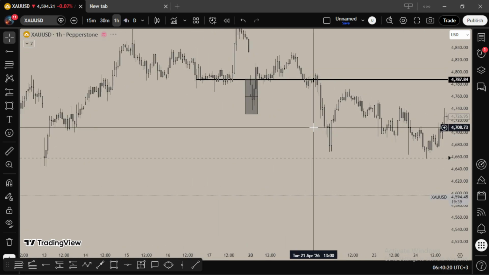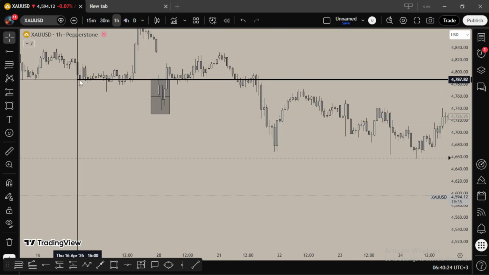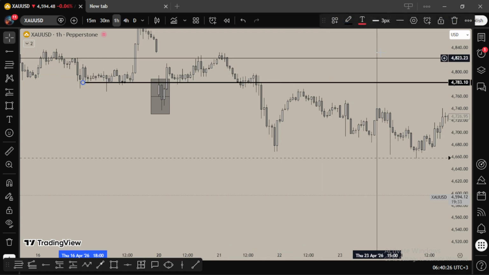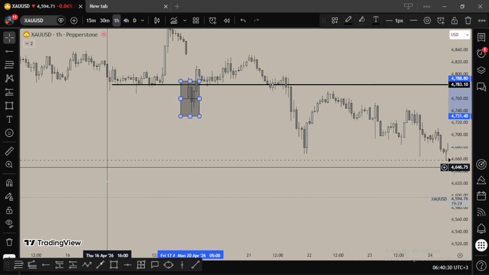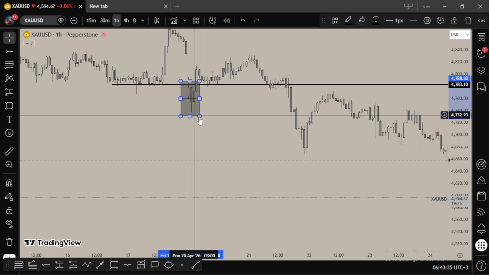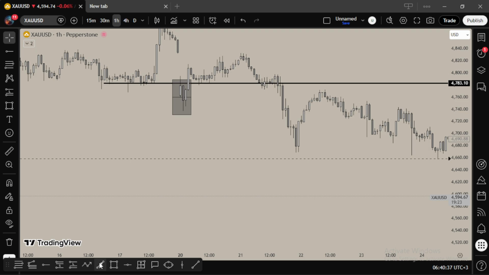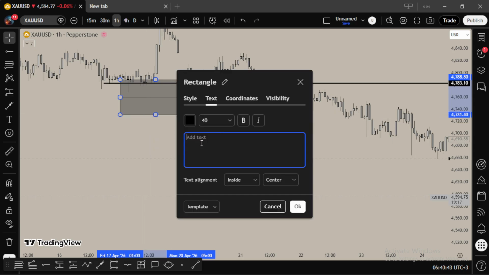And as you can clearly see, I am not wrong. Price, let me put it around there. Price gave us that indication. So this is what we call an indication. Now we are going to see multiple indications. Okay, let me